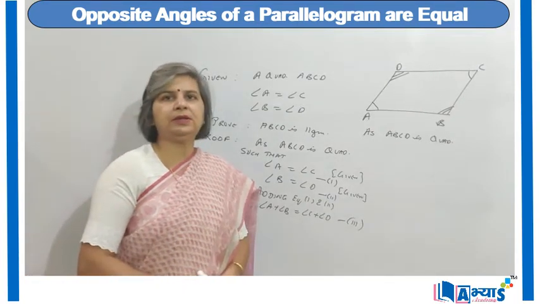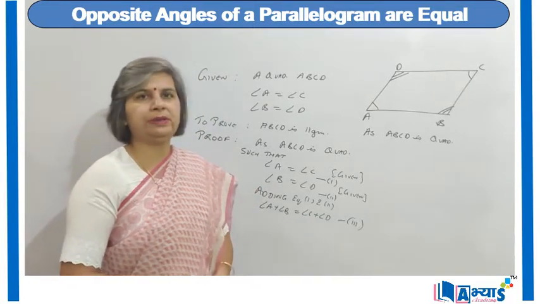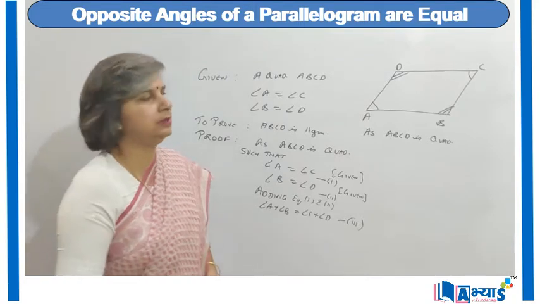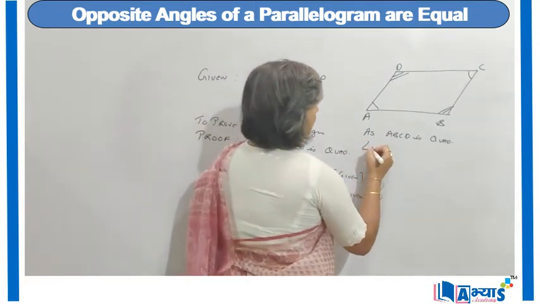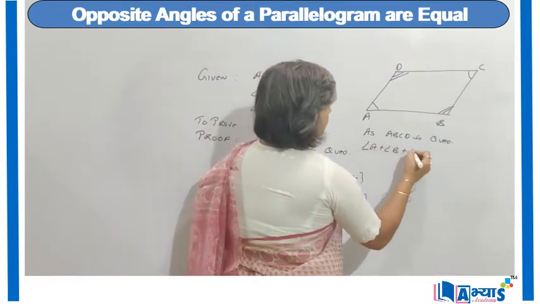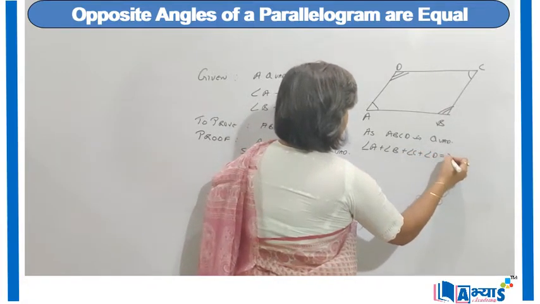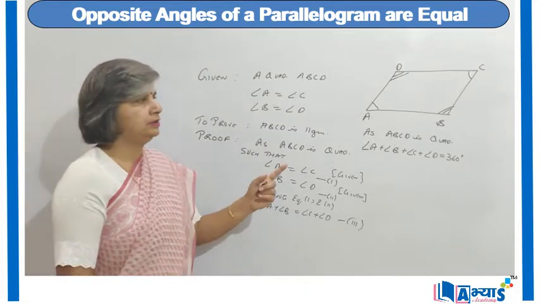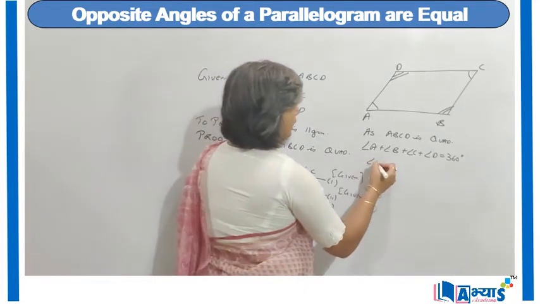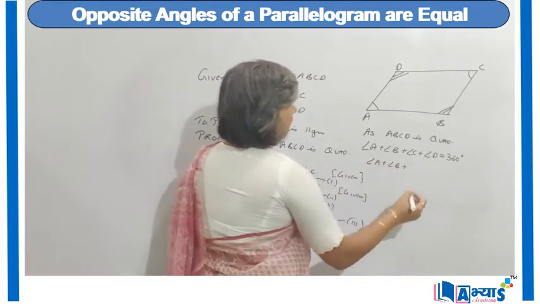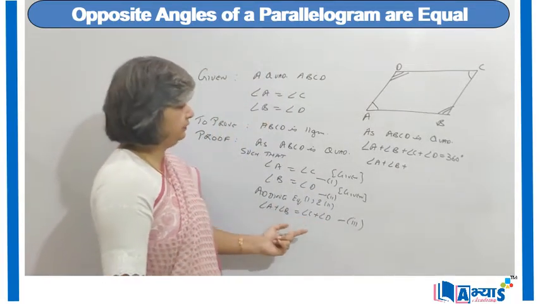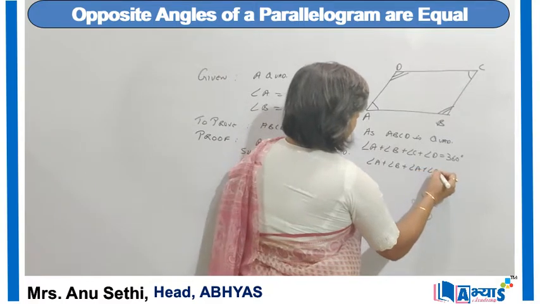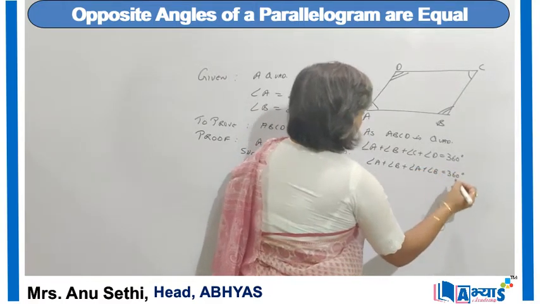because we know that in the case of a quadrilateral the angle sum property states that all the angles of the quadrilateral sum up to 360 degree. So we can say that angle A plus angle B plus angle C plus angle D is equal to 360 degree. Now using equation 3, in this equation I can say that angle A plus angle B, I will replace angle C plus angle D with angle A plus angle B. So it will become angle A plus angle B plus angle A plus angle B, it will be equal to 360 degree.